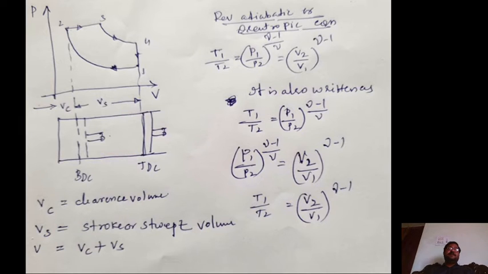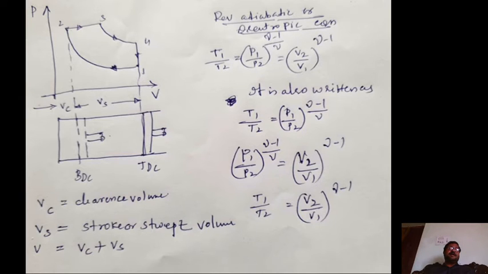Here is a very important thing I would like to highlight. Of course you are writing the PV diagram. Below that you can write the piston and cylinder. First the 1 to 2, 2 to 3, 3 to 4, 4 to 1 is the Otto cycle, but I will explain in the next session. But just in the PV diagram, you have to write the piston and cylinder. First it is the top dead center, piston will be here, and then it is the bottom dead center. After the bottom dead center, some part of the volume will be remaining for the burnt gases.